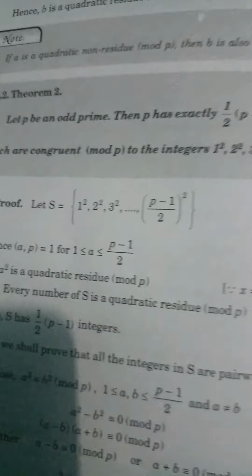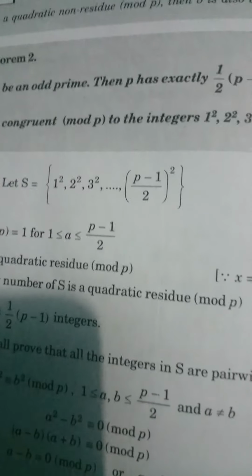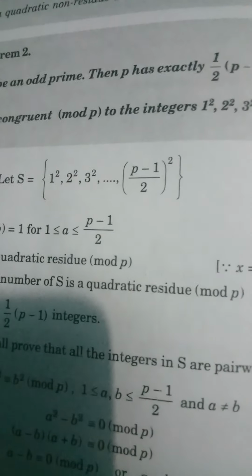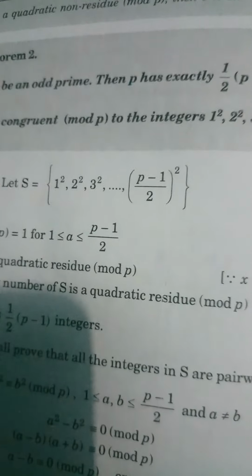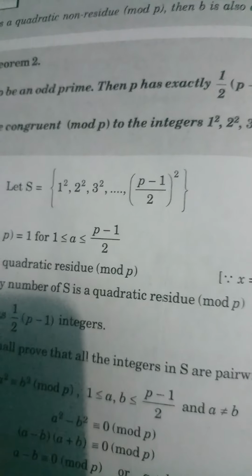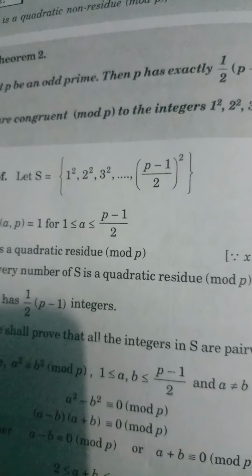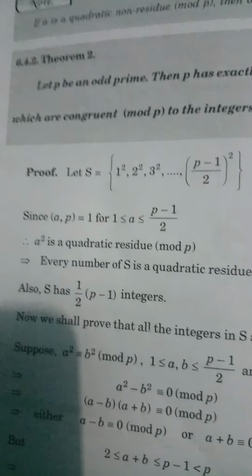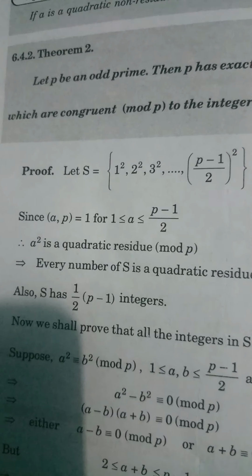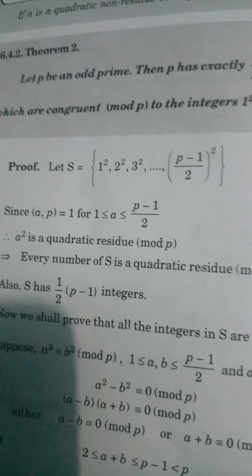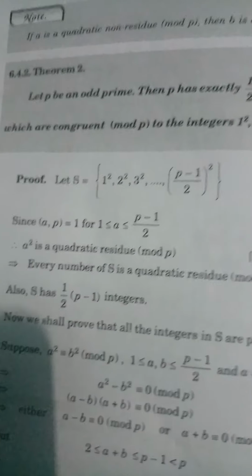Let S इस सेट को ले लो, consisting of 1 का स्क्वायर, 2 का स्क्वायर, 3 का स्क्वायर, P minus 1 by 2 का होल स्क्वायर. सिंस A और P क्या को प्राइम है, दिया हुआ ये,